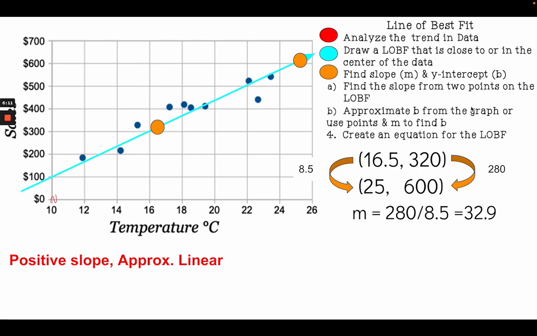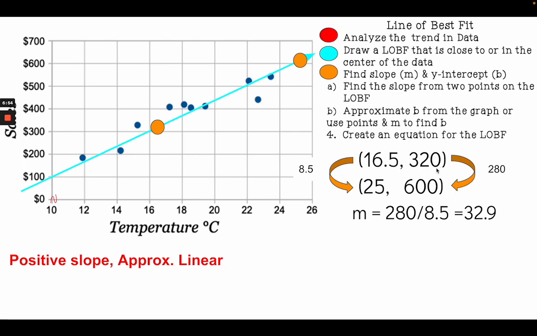it says approximate b from the graph or use 2 points to find b. So because I have 2 points, I can find b this way. But let's look at the graph and let's say, can I approximate the y-intercept from the graph? And as we're looking here, it does cross through 100, but does it cross through the y-axis? This is really 10, so we're going to say no, it is not the y-axis, because the y-axis would actually be 0. And this is from 10, 100,